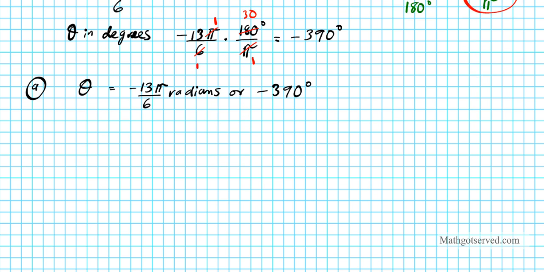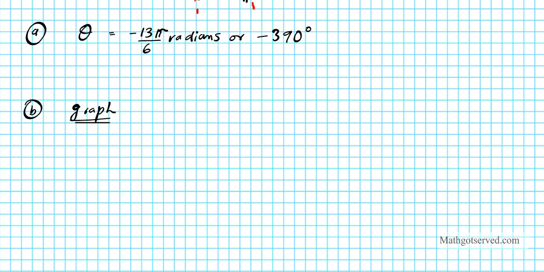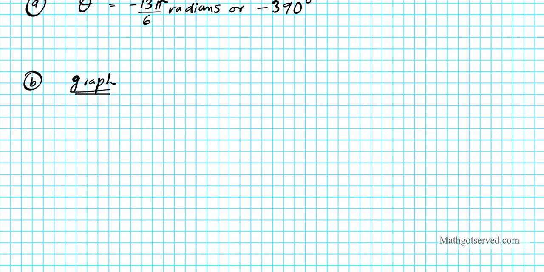The second part is to graph the terminal side. All right, so part B, we're going to graph and indicate the quadrant. Okay, so let's make our coordinate system, our x and our y. So let's make this our y coordinate, and then this our x coordinate. All right, so